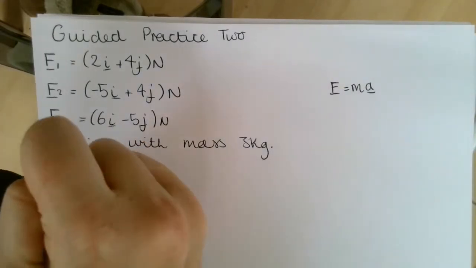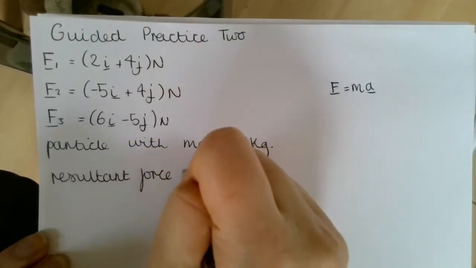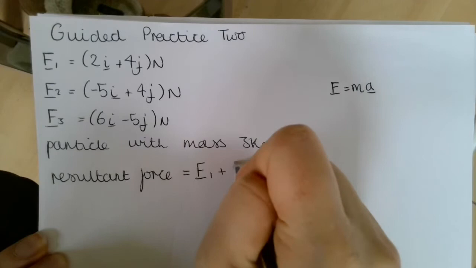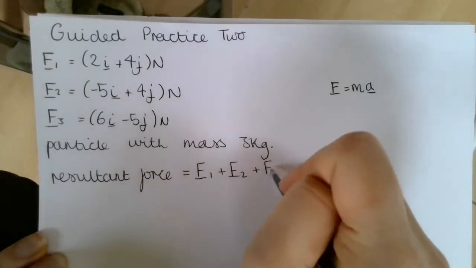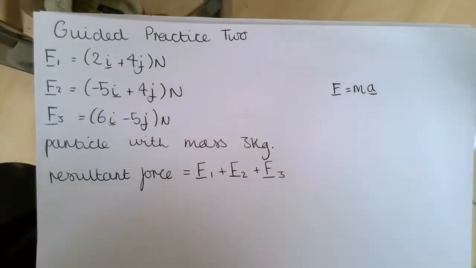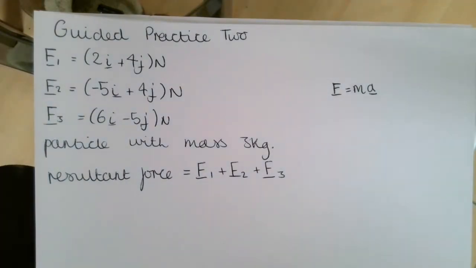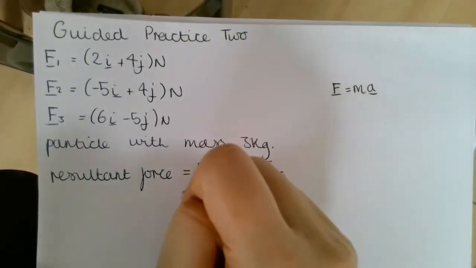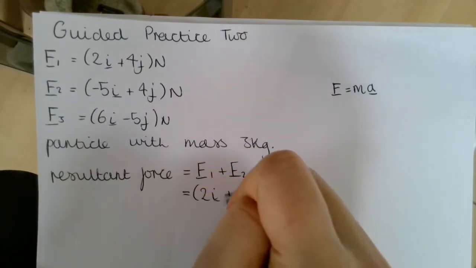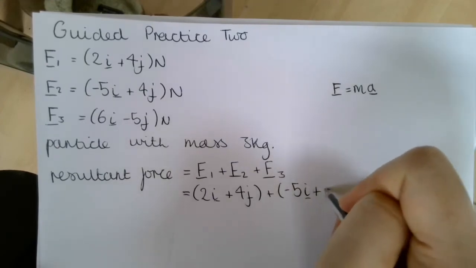So the resultant force is equal to the sum of all of those forces. The reason why it's equal to the sum of all of these forces is that all 3 of these are acting on the particle, so we've got no forces in the other direction, so we don't need to subtract any of these. So we've got 2i plus 4j plus negative 5i plus 4j